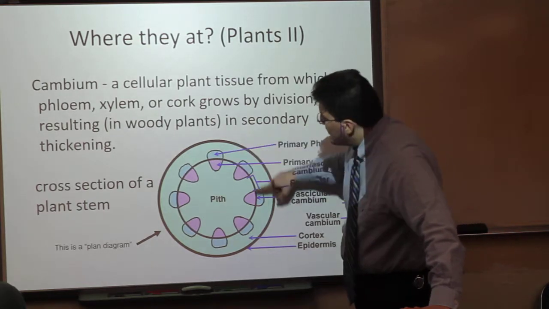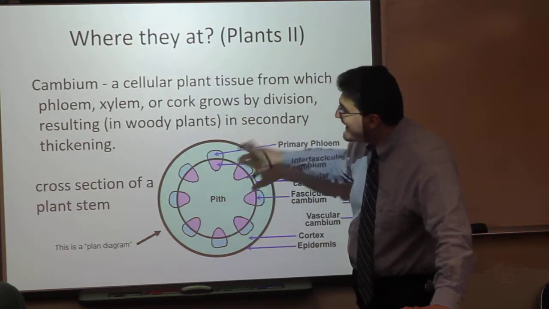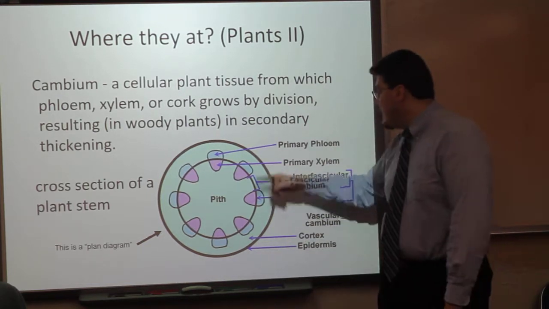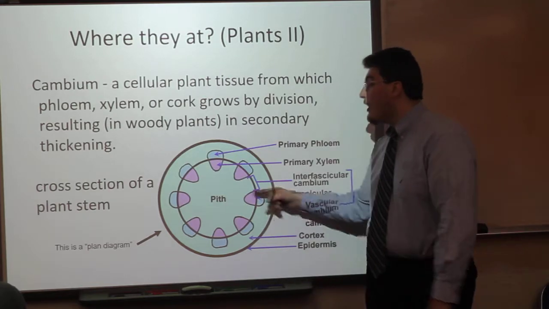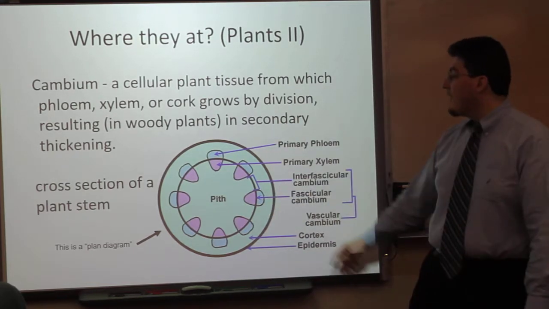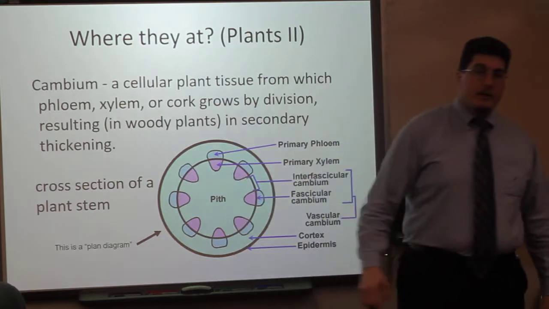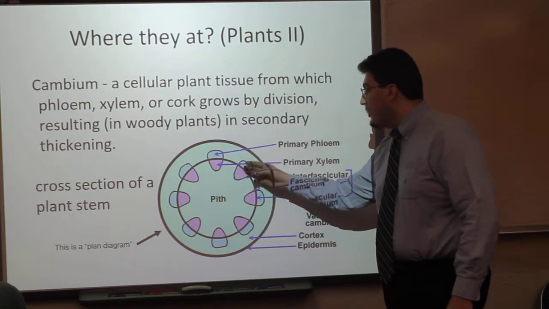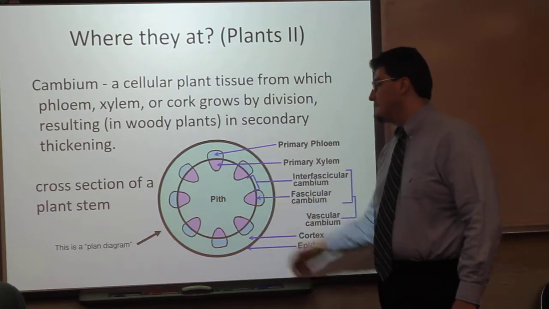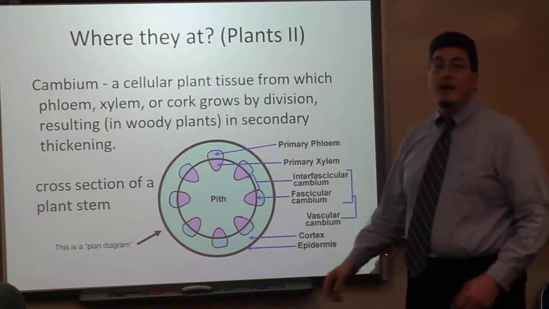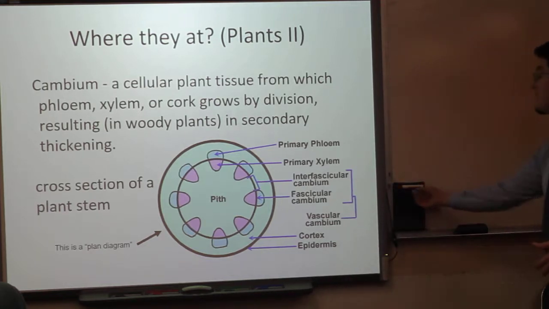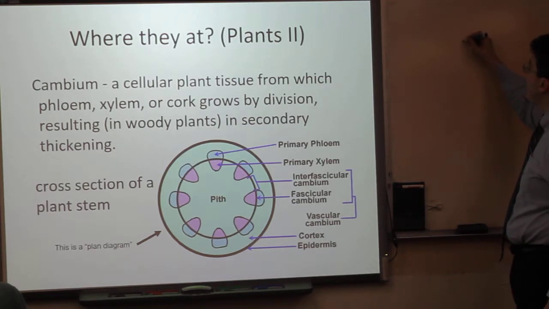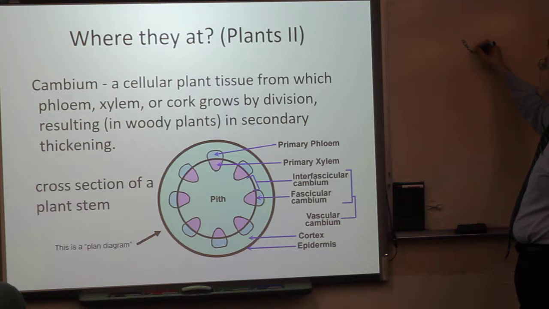Now, here we have this black line here is cambium. We can further divide this into fascicular cambium and interfascicular cambium because these are all fascicles, but these are vascular bundles. So each vascular bundle consists of xylem and phloem, with cambium in between. Because as cambium divides, because it is a stem cell, we have cambium here,